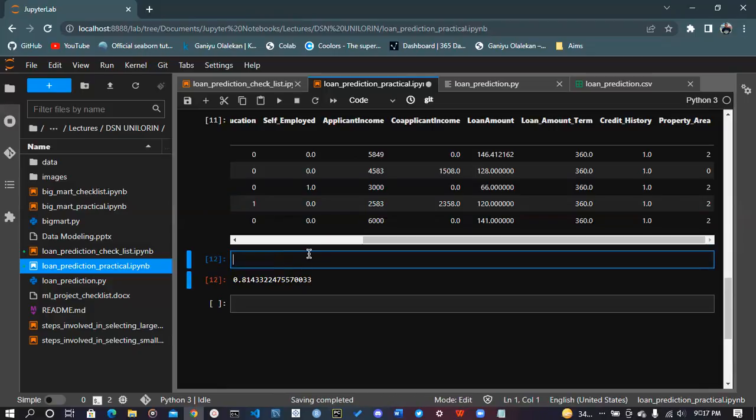So we just import the train_test_split for splitting the data from our scikit-learn library. So now we say from sklearn.model_selection import